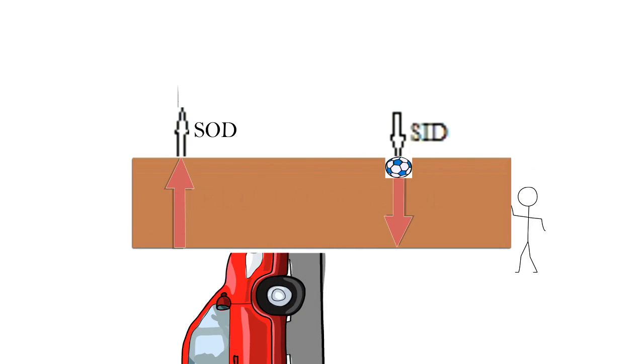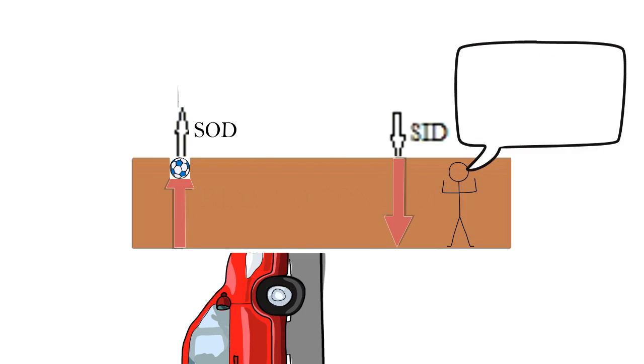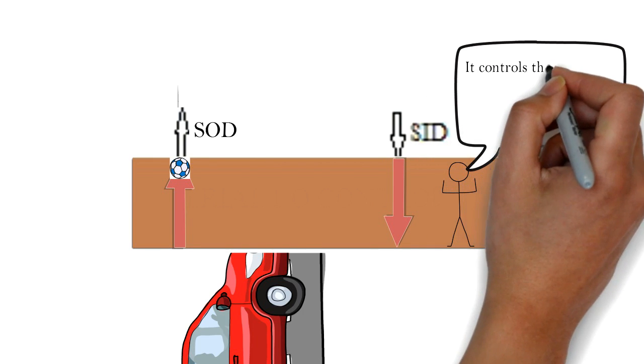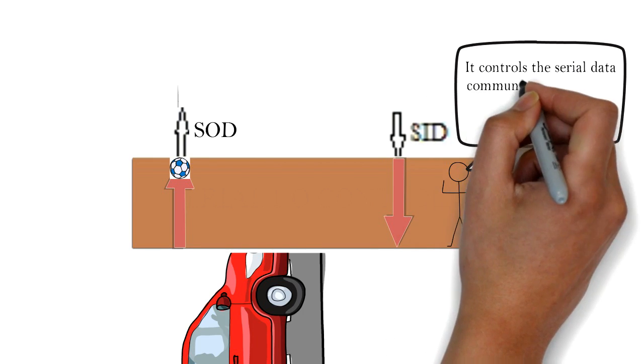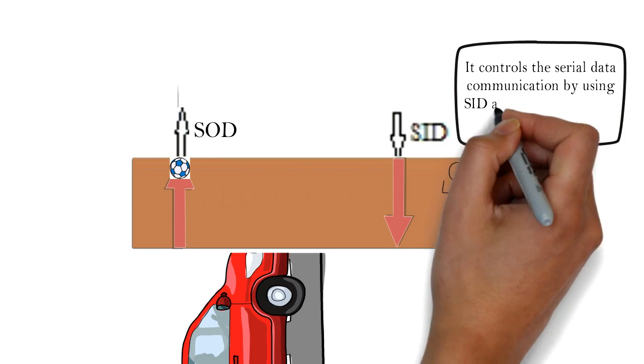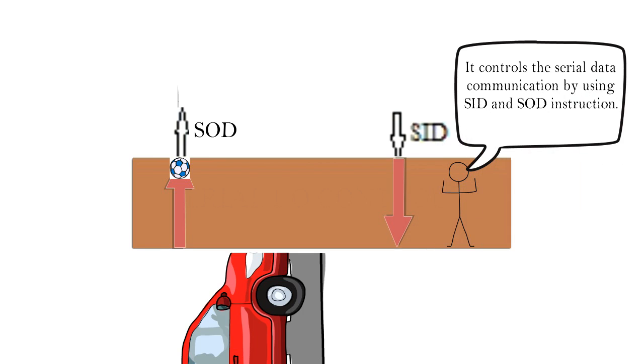Here you can see how a ball, acting like a data unit, is transferred from SID into the microprocessor and from the microprocessor to the outer world via SOD. It controls the serial data communication by using SID and SOD pins, serial input data and serial output data pins,